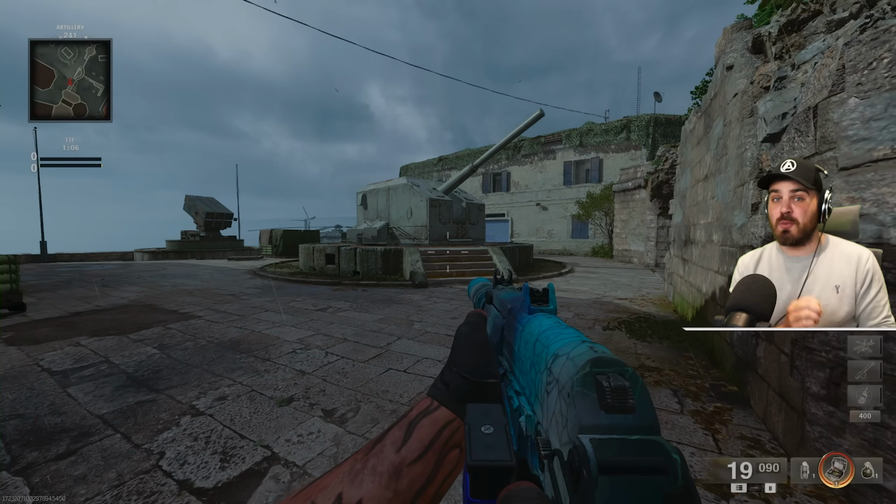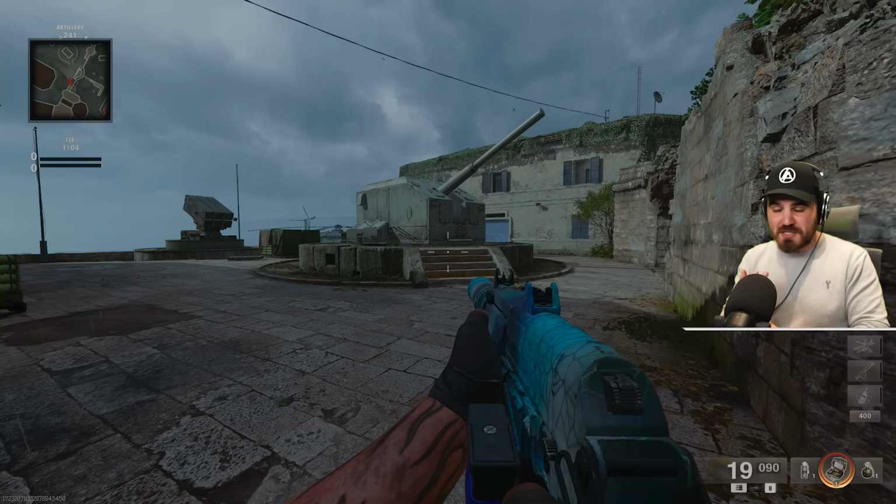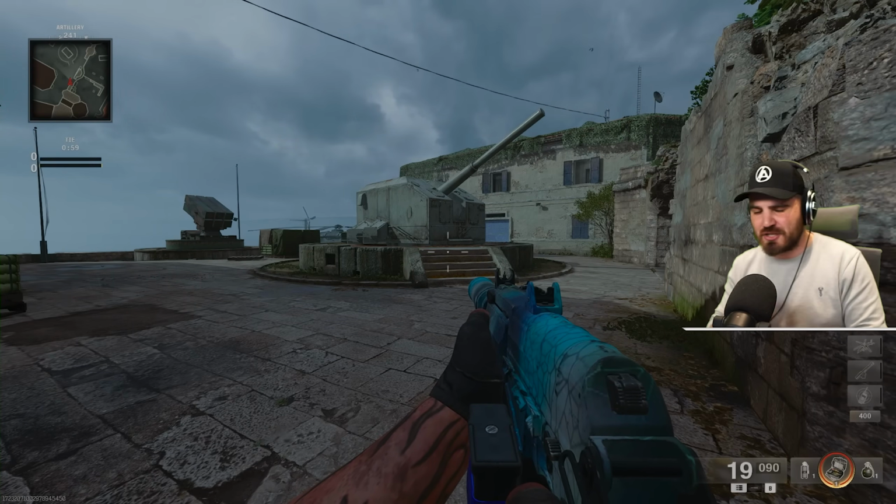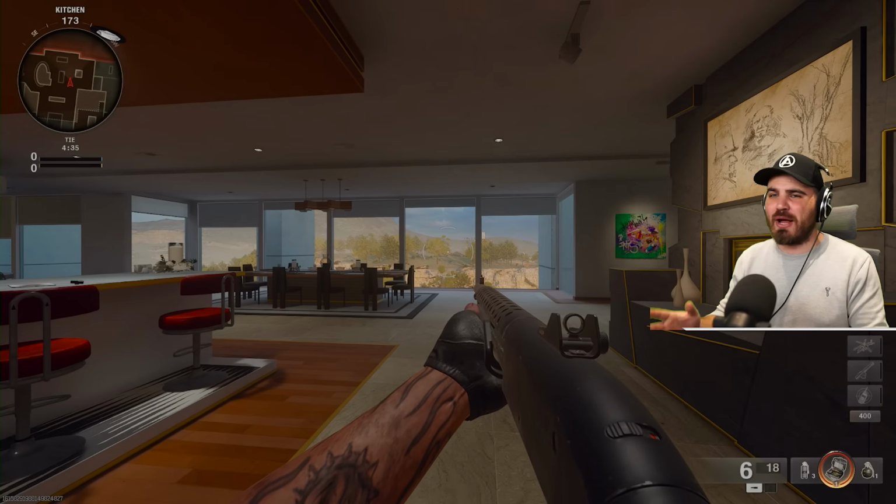This is the best way to set up your tactical sprint. Gives you that responsiveness, gives you that control, and you're going to be able to outplay people so much easier in so many situations. Moving on now, we're going to take a look at how we can best set up